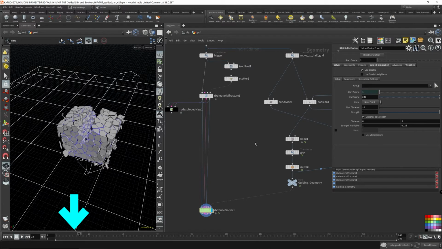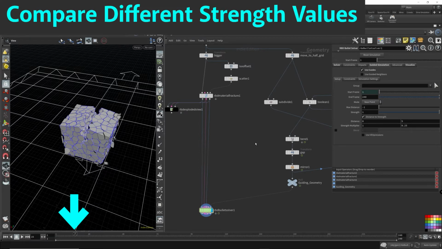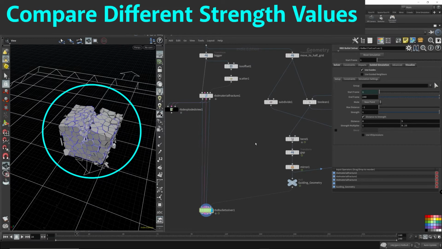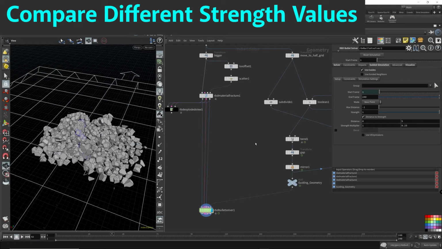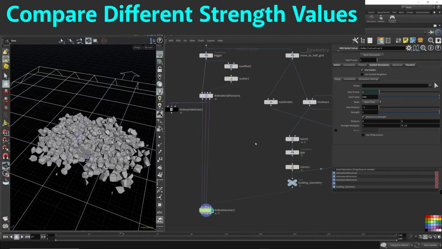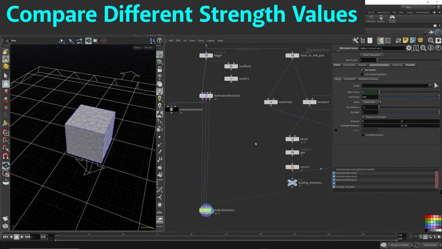So right here, we still have a lot of pieces that are being influenced, but once we get past, so this is frame 14, frame 15, 16, now we're losing it. We're losing everything. Almost all the pieces. The majority of the pieces are all gone. So let's turn this back up to 4.